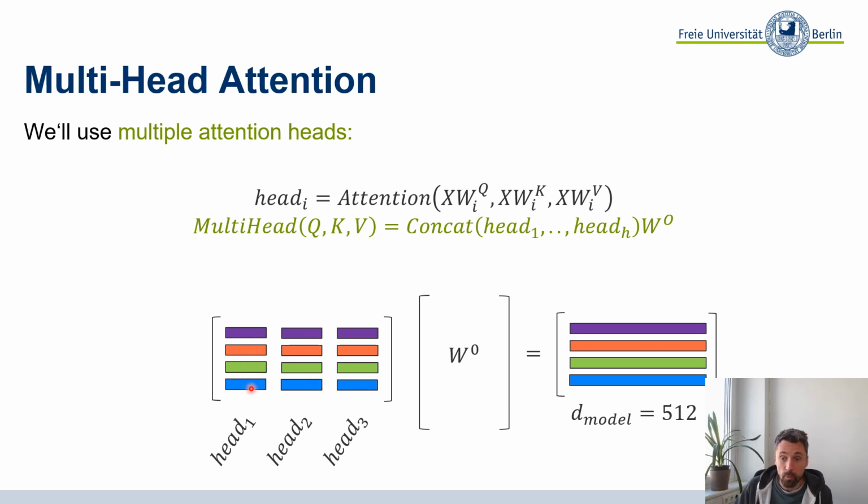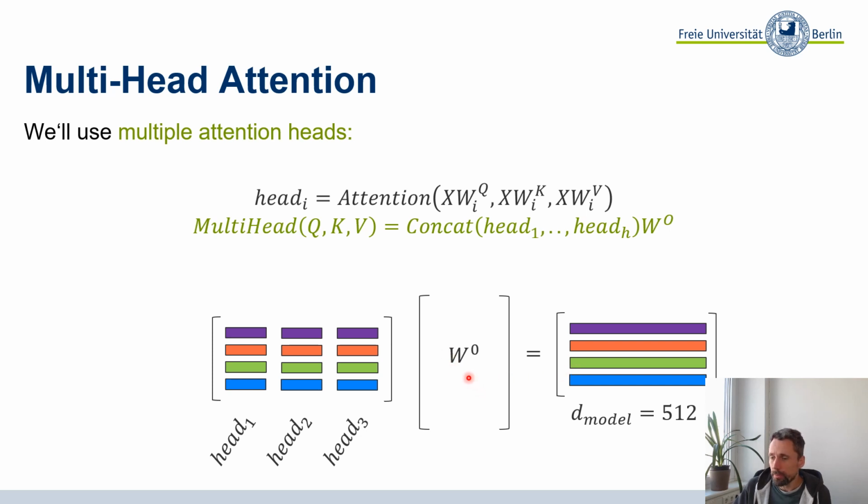These may and will look different. So the same color coding here doesn't mean that the values are the same. Obviously, they just refer to the index of the items, of the tokens. And then we multiply this by W, which mixes whatever it wants into the output. And again, WO for output is a